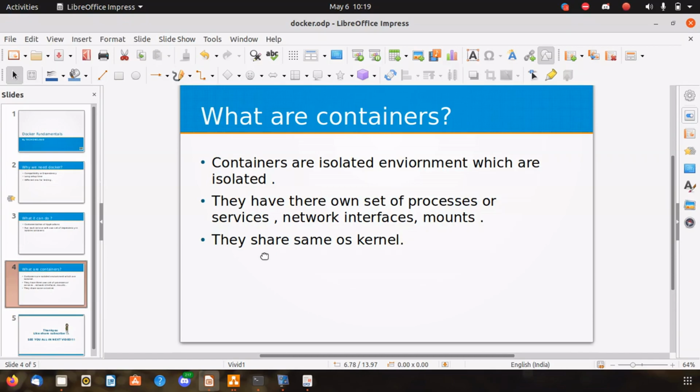So the containers are completely isolated. You will be understanding what isolated means. They are within themselves, they do not depend upon each other's things. Okay, and they have their own set of processes, their network interfaces, everything which is required, they have their own. Okay,